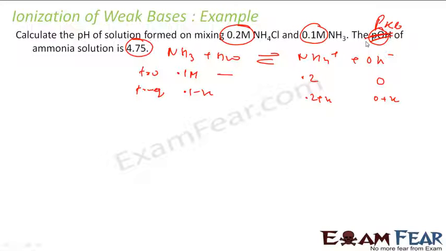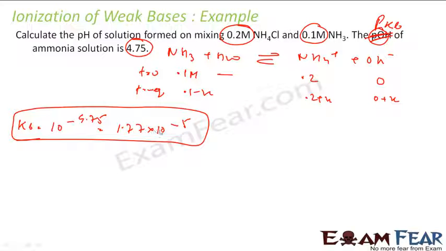So pKb is given, right? With that, I can find Kb. So Kb is what? 10 to the power minus 4.75, which is nothing but 1.77 into 10 to the power minus 5. Correct? Because pKb is given, I can find Kb. So I got the Kb. So Kb is nothing but